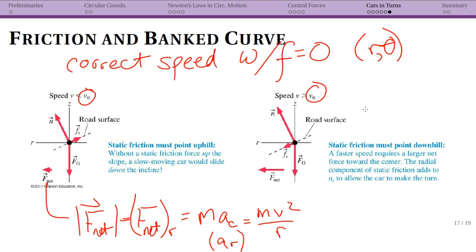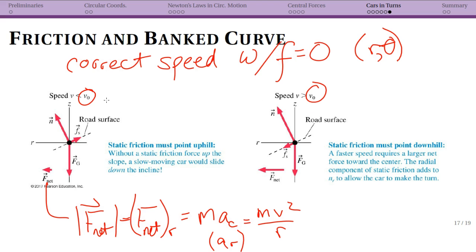Again, if you've ever driven on an icy road, that's kind of the best way to really gain intuition of it, though it's dangerous, so I might not recommend it. But going through and actually drawing out the free body diagrams carefully and identifying your forces carefully will also help. So you can have both friction and a banked curve, and in that case you have more of a